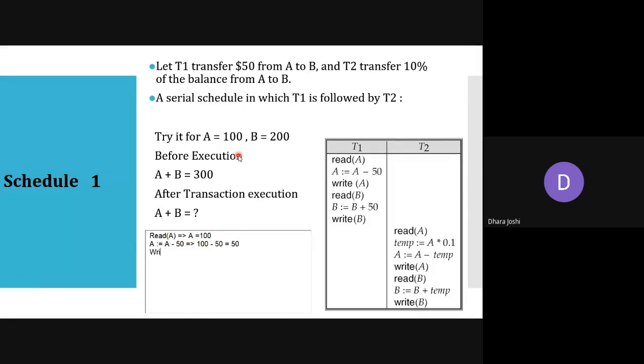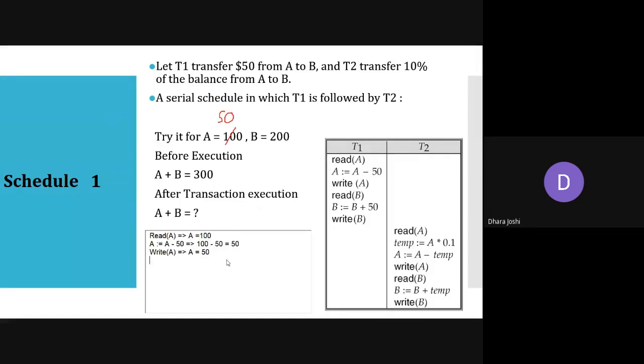Then we write this updated value of A to the database, so here in the database we have 50 rupees for A. Okay, we are moving further.